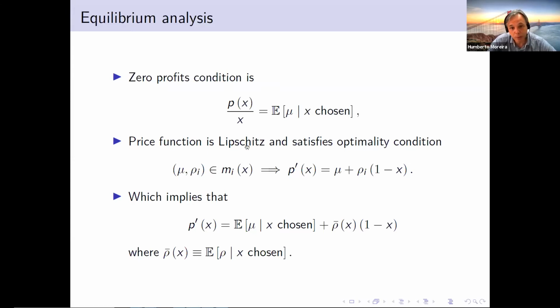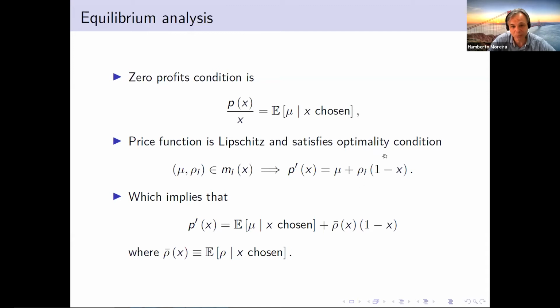If you play with the first order condition of the insurer's problem, you're going to see that the marginal price, the marginal cost per contract X, at the margin, should equal the marginal benefit. The marginal benefit is mu, the risk, and this quadratic term, which is related to the quadratic loss in the utility function of the insured. So you see that here you may potentially have two types paying exactly the same marginal price.